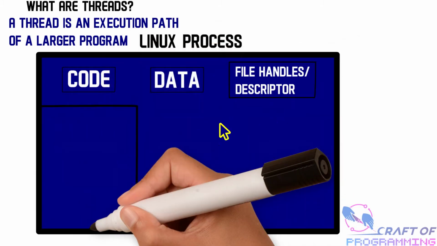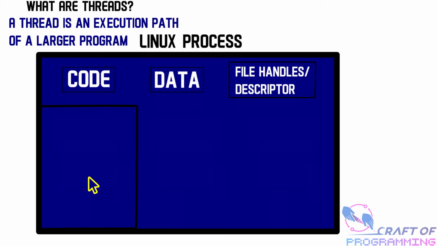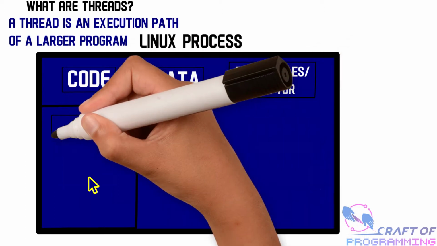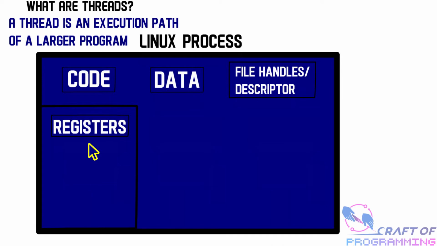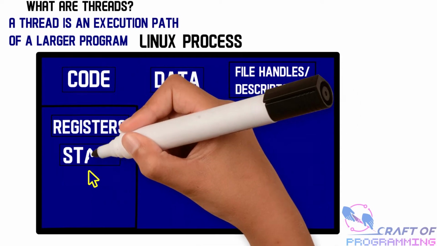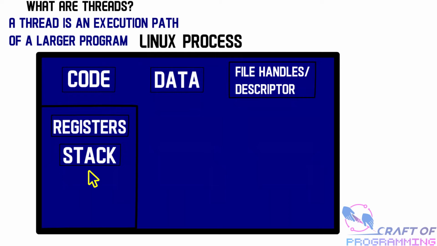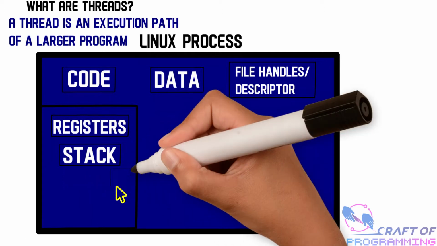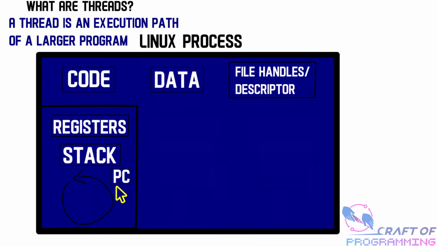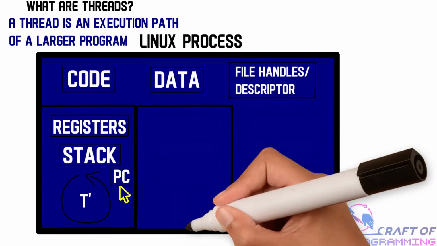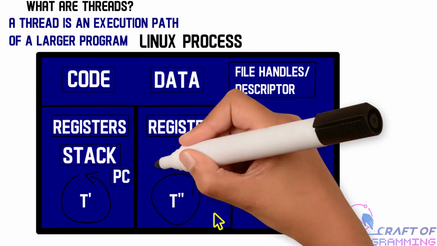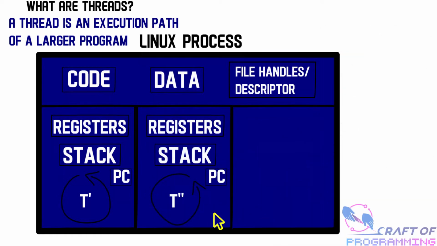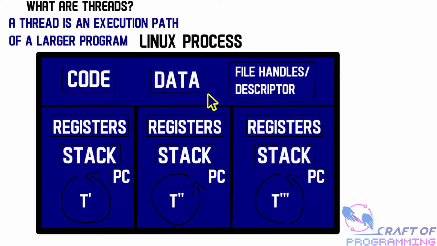And then a thread will be an isolated entity here, which contains registers for the arithmetic operations. It contains a stack for each method invocation, which will contain the parameters, the local variables of the method, and the return types, and also a program counter. Within this Linux process, you will have multiple of such isolated entities or threads. Notice that each of these entities or threads have access to this common area, which contains the code, the data,